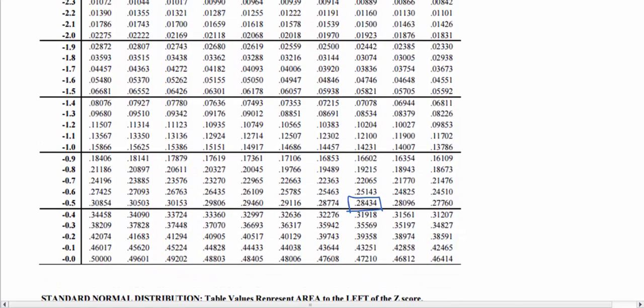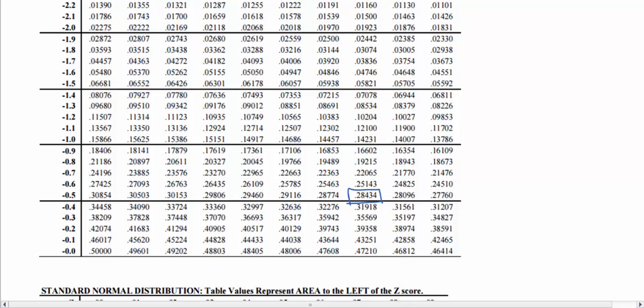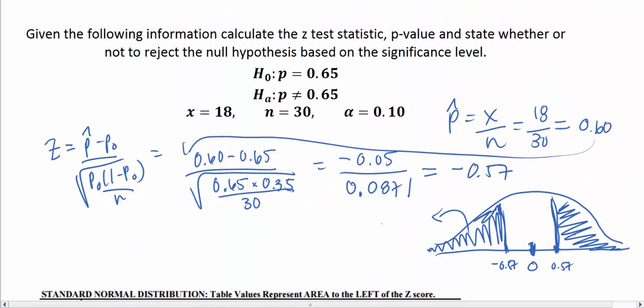So again, 0.28434 is the lower portion of this. This implies the upper half to also be that same amount. We add these together and we get a p-value equal to 0.56868,